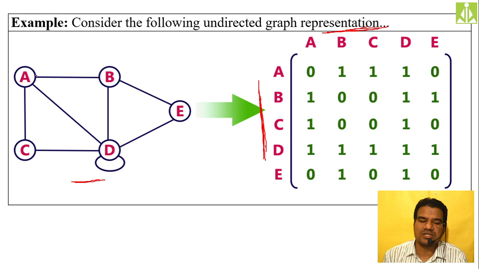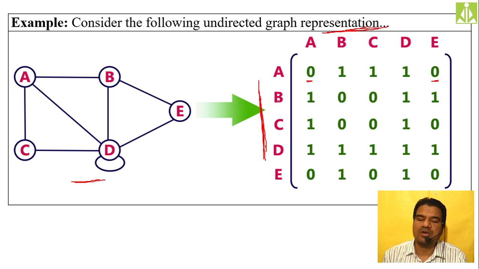Okay, I have an edge, this particular edge, A to B. Then A to C I have an edge, this particular edge, A to C. Then A to D also I have an edge like this from the middle. Then A to E I don't have any direct edge we have to treat. From A to A we don't have any edge, so simply put 0. All other cases I have, and A to E also I don't have, so 0. Here also 0 I kept. Here and here zeros, because there is no edge between A to A and there is no edge between A to E.